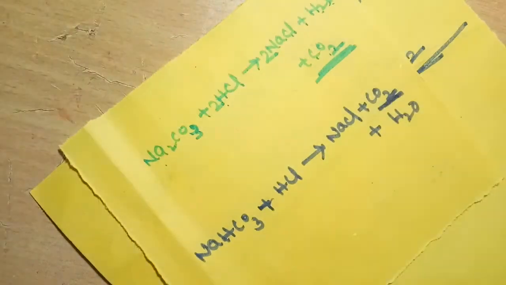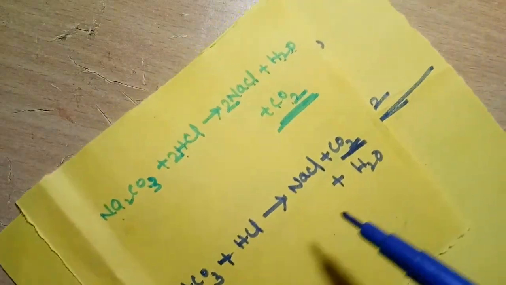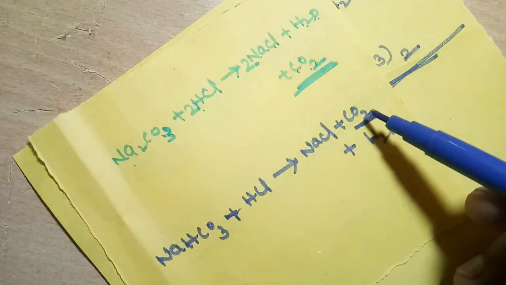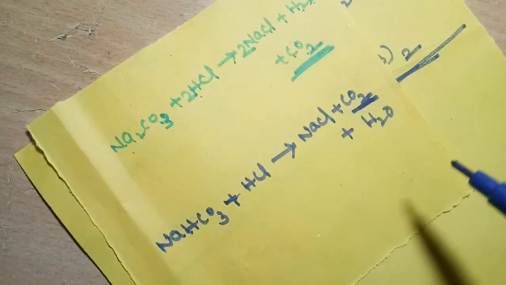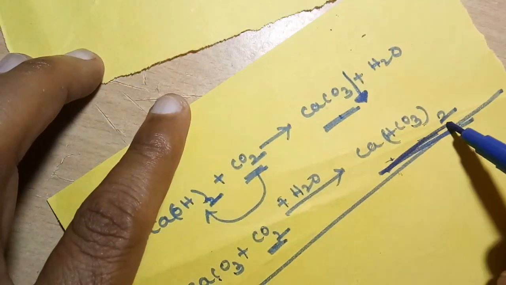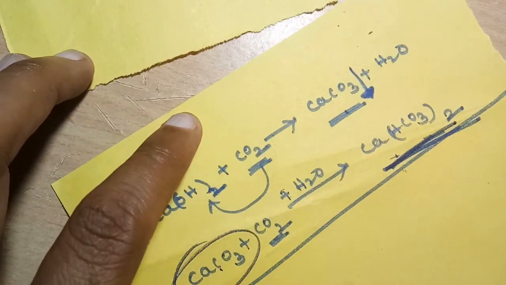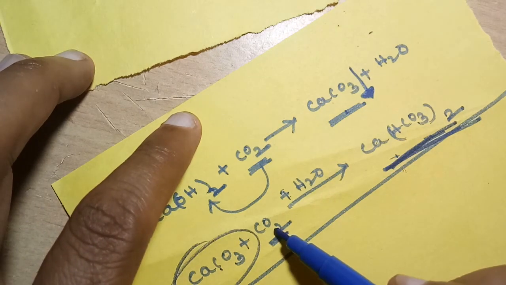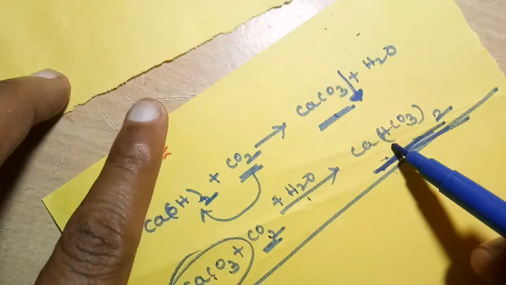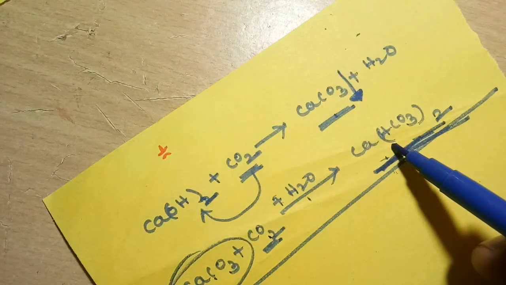Carbon dioxide gas is released, and when the gas is sent into the lime water, it turns milky white. Here also, if we pass carbon dioxide for a long period of time, do we get the same solution? Yes, because here also the formed calcium carbonate reacts with excess carbon dioxide in the presence of an aqueous medium and is converted into soluble calcium bicarbonate.